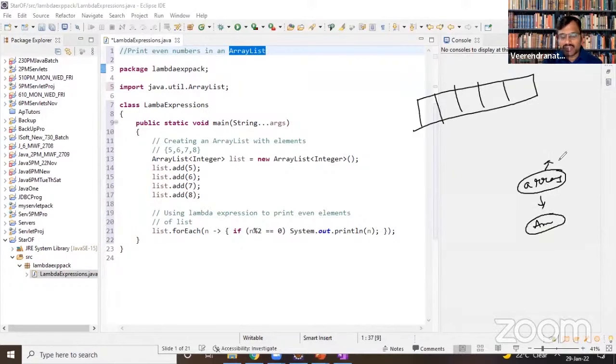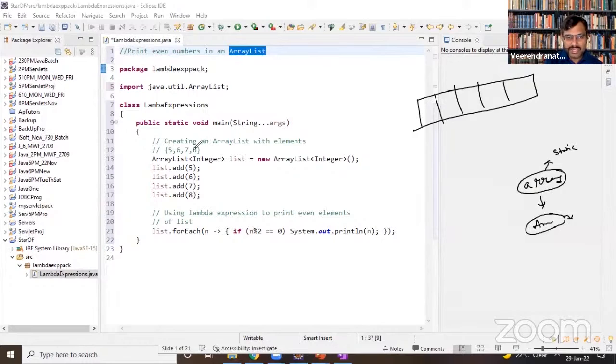An array is a static array, wherein you cannot have any changes. An array list is a dynamic one where you can have changes, you create the values, you add the values, etcetera. So what we are trying to do is have an array list.